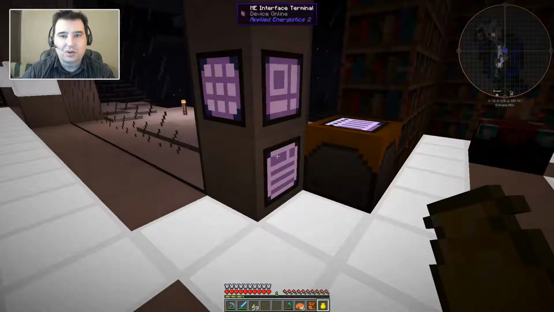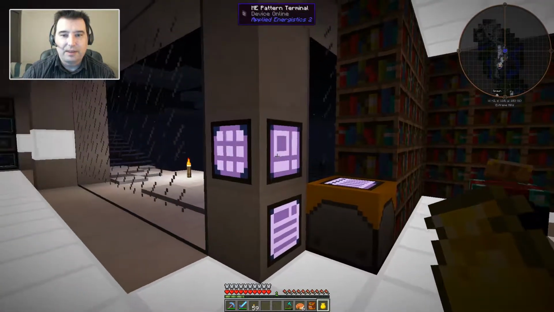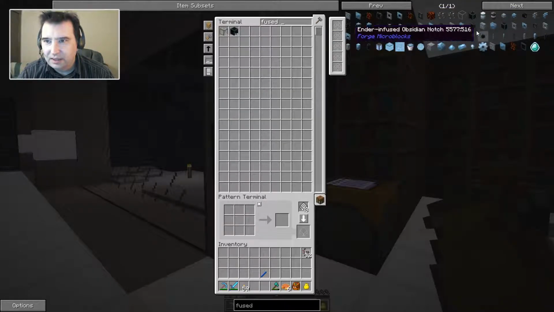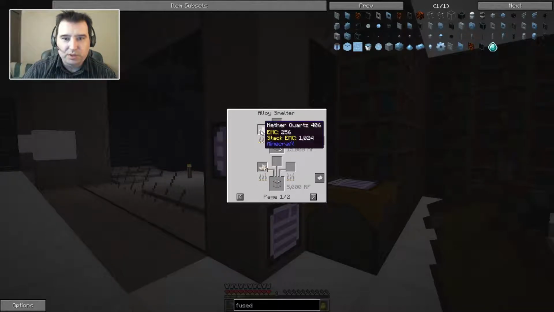Okay, so now we need to start making some recipes for the alloy smelter. So what was that? Fused quartz. That's what we needed, right? Oh, there it is, right up there. Fused quartz. So the fused quartz is...